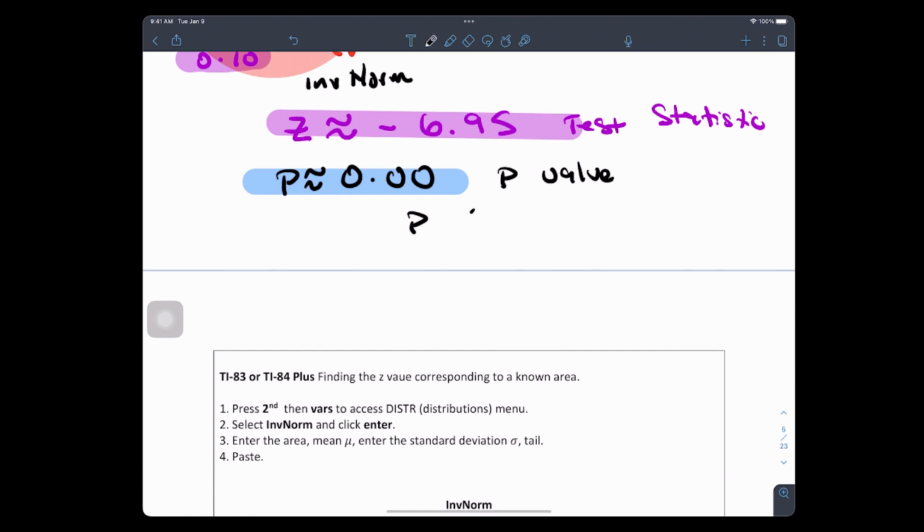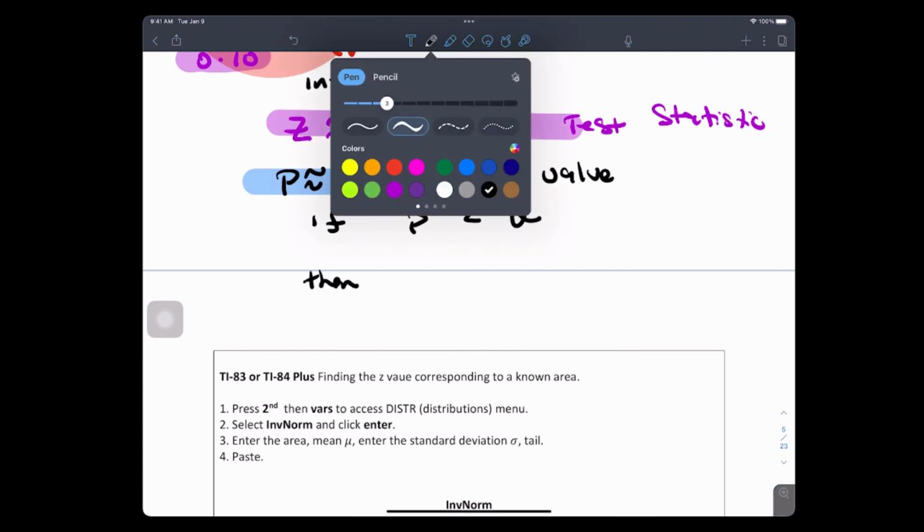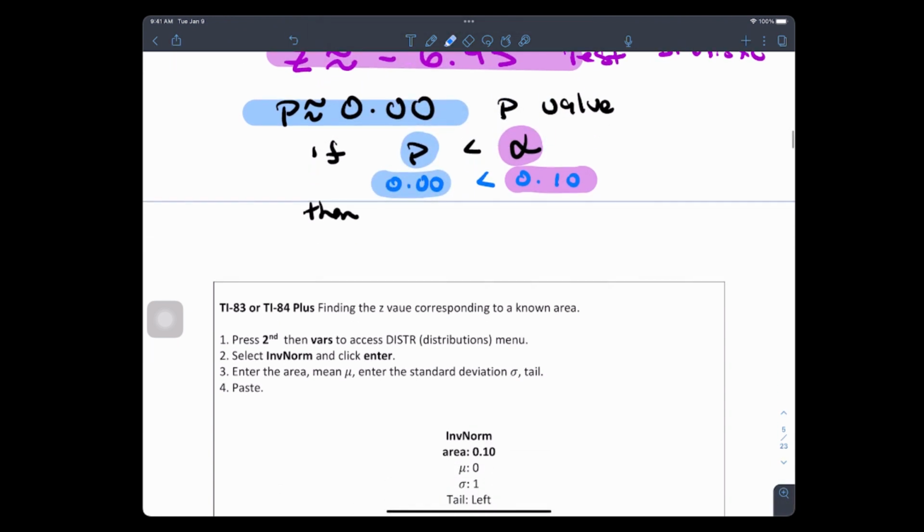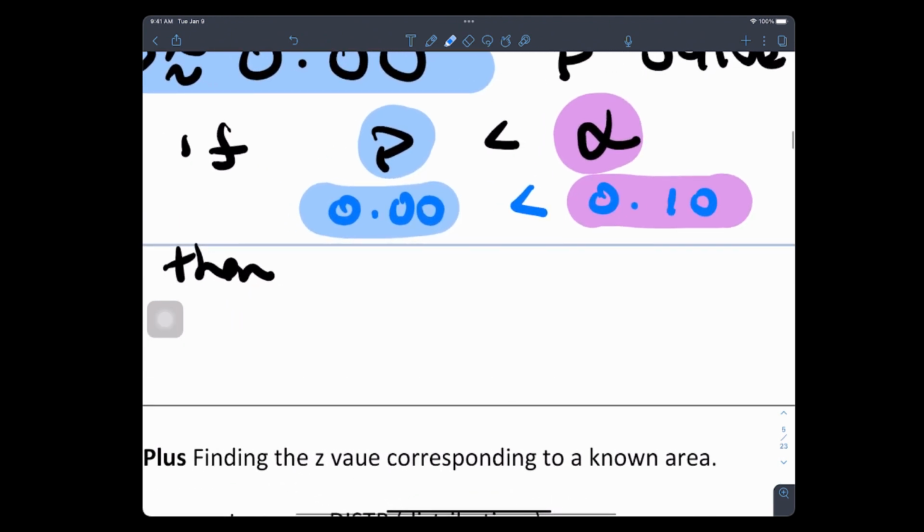If the p-value is less than the level of significance, right? Because what do we know? 0 is less than the 10%. Remember we compared this the other day, thinking of money? Do you guys remember that? Isn't it true? The p-value of 0, that's like nothing, being broke, is smaller than a dime.